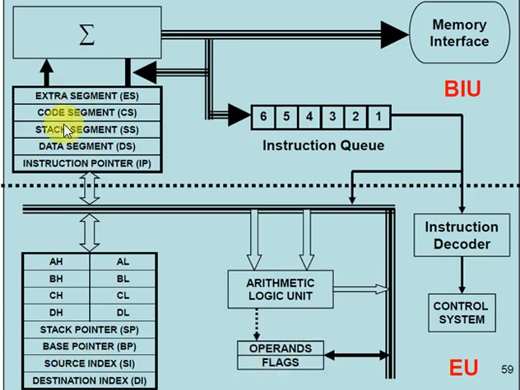Next, the second unit is the bus interface unit. It has 4 segment registers: data segment register, stack segment register, code segment register, and extra segment register. Each segment register has a 64 kilobyte memory location. You know very well the 8086 microprocessor has 1 MB of memory, that means 2 to the power of 20 equals 1 MB memory location. Here the 4 segment registers equally divide the memory into 64 kilobyte locations, and then one more pointer is